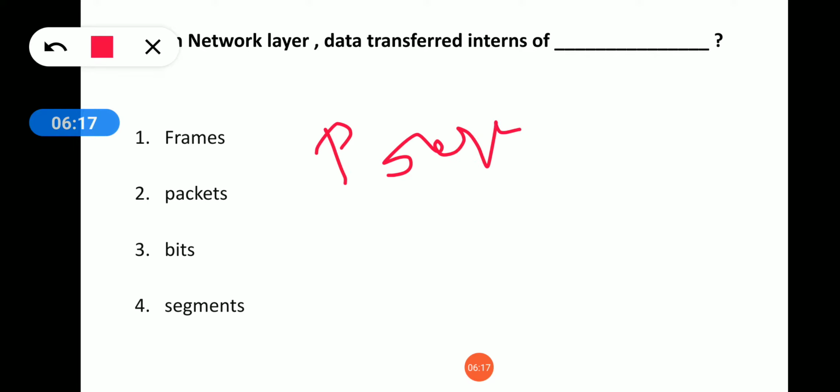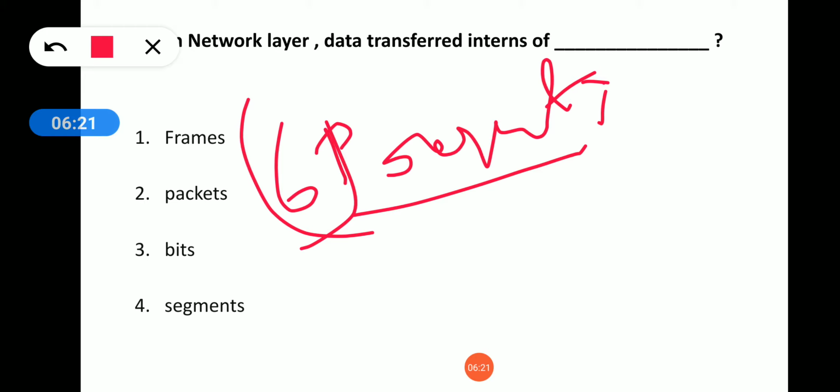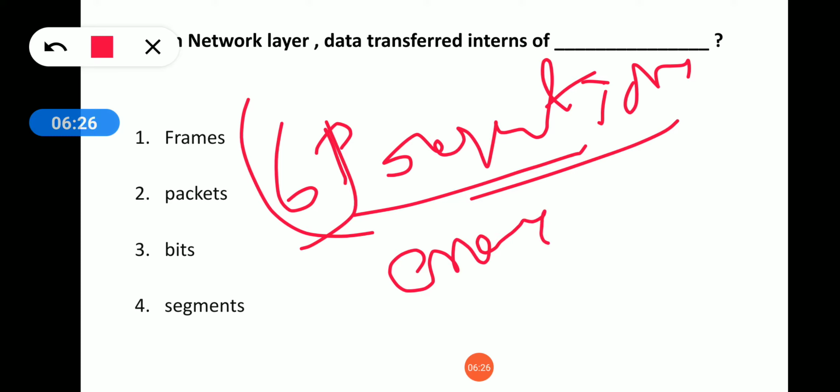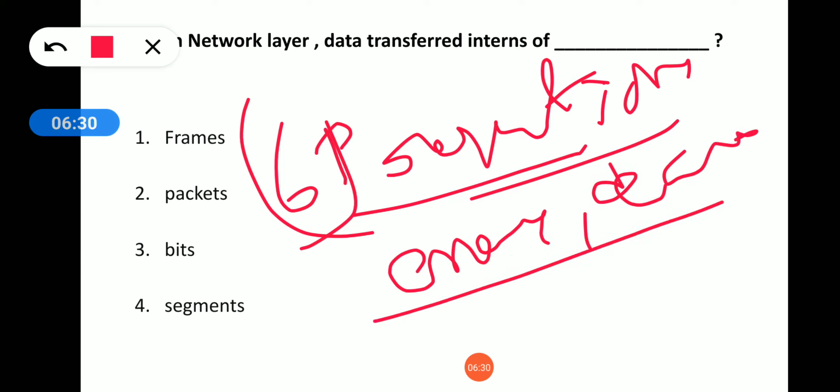Next layer will be the presentation layer. This is the 6th layer, and it is mainly for encryption, decryption, and compression and decompression.